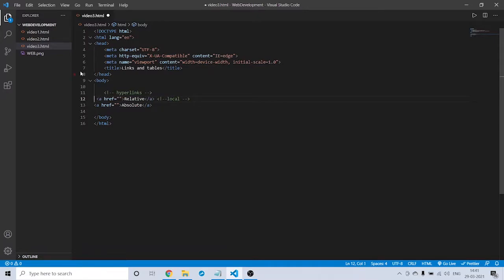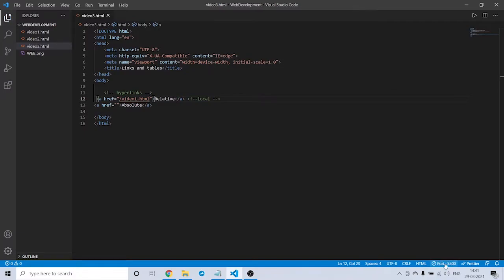Local means you can access other HTML files with the help of this. For example, if you want to access this video 1 HTML or video 2 HTML, you can directly give it in the href. So this is a relative type of link.